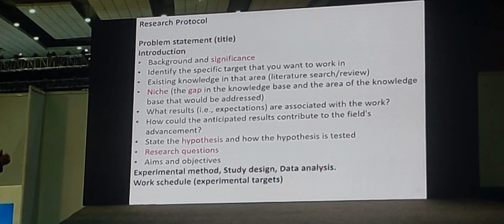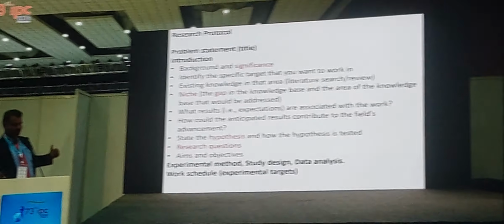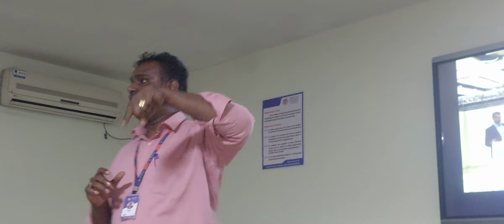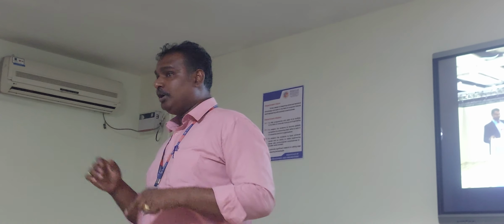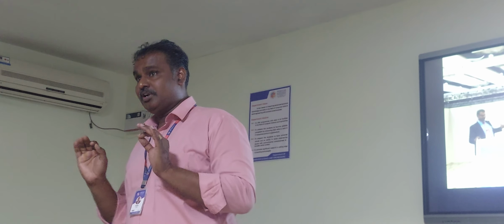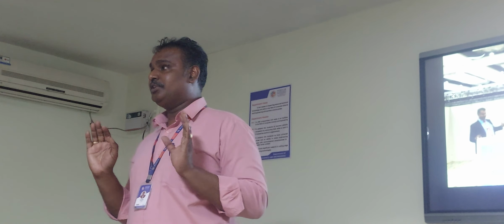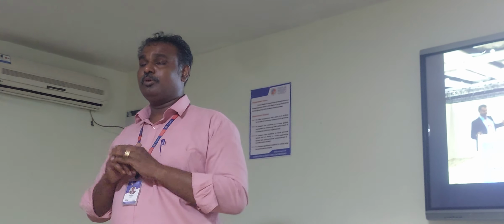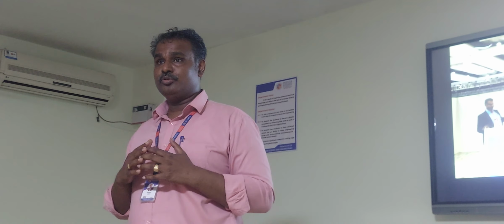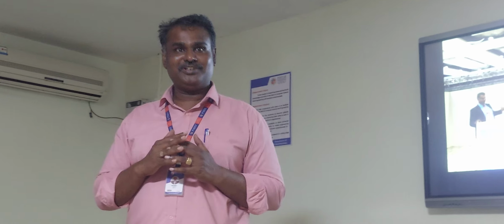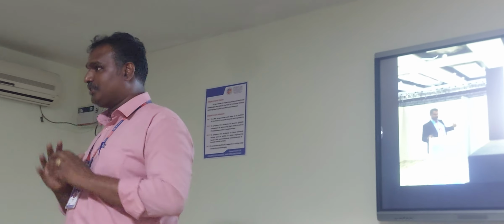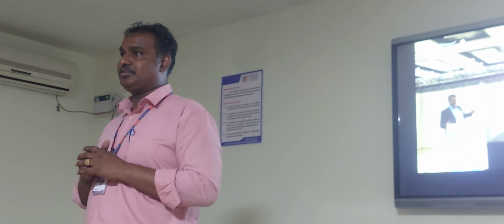So this is the prevalence data. How many people have been affected by this particular disease? Then you write the background and its significance. So identification of the disorder, the prediction of the disorder, whether it is present or not, whether the person is affected or not, that is a global problem. Diagnosis is a global problem. My algorithm, what I am going to use, will clearly identify whether the disease is present or not. Fine? So you have to tell the significance of your study and the background of the study through literature surveys.